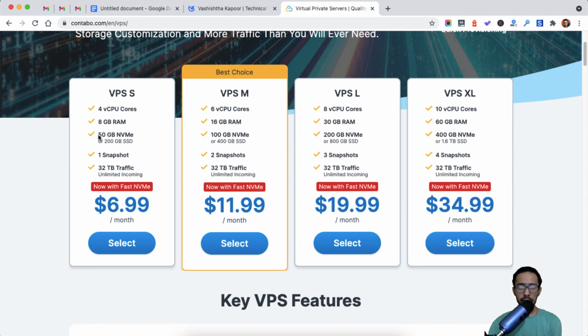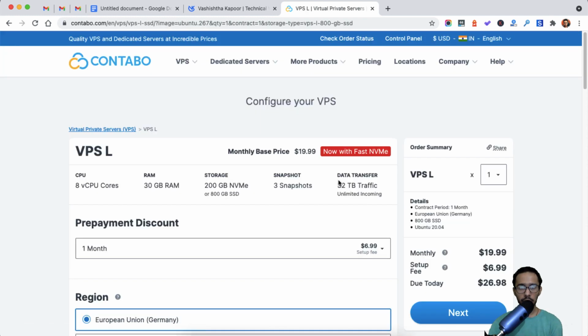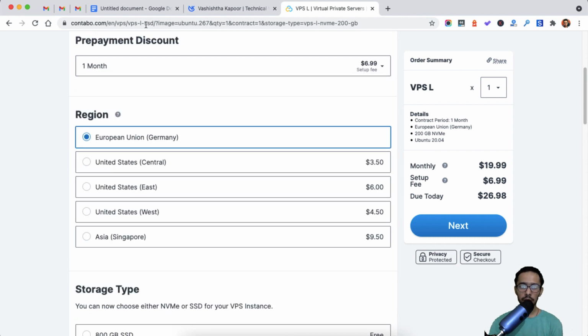And as you can see, for this $6.99 plan you will get either 50 GB of NVMe storage or 200 GB of SSD. So if you want NVMe storage, you can consider this one. When you select this, you will find all the details about it. You can choose NVMe here, which is this, right? And you can also choose the location.